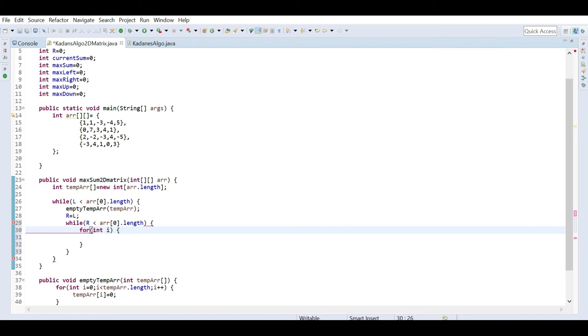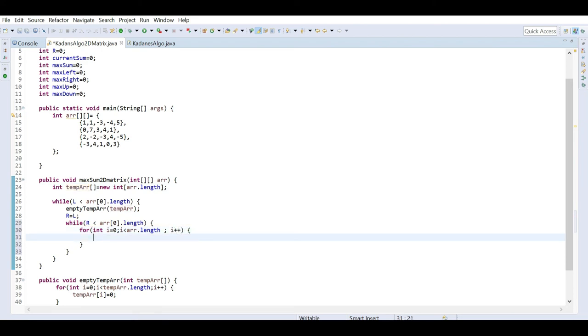It will start from 0 and go up to the array dot length, because we need the row length in this case, since the temporary array length is the row length, and we do i plus plus here.